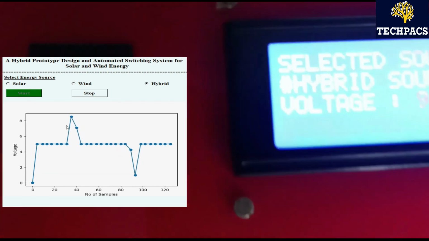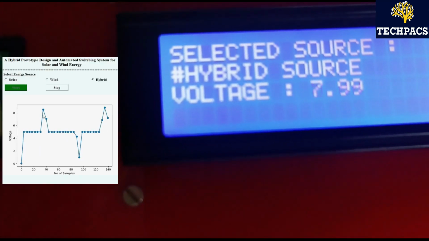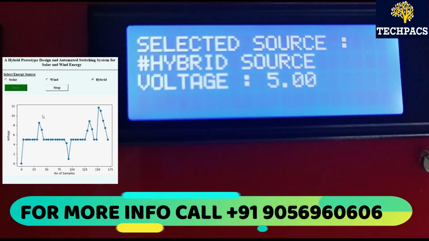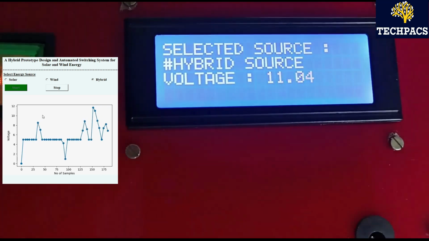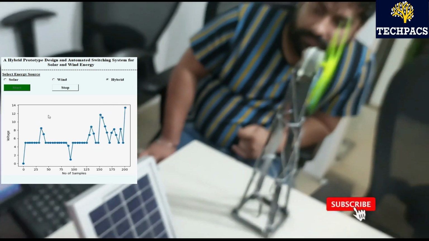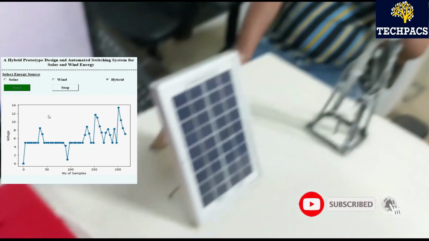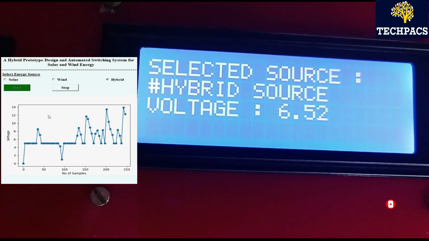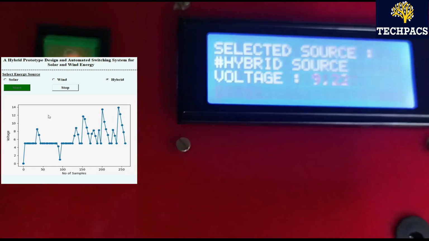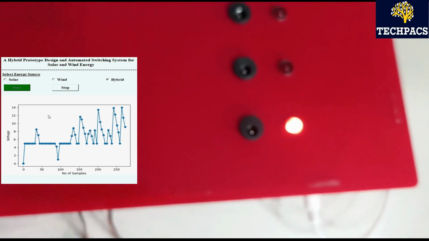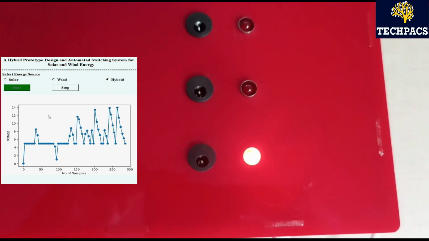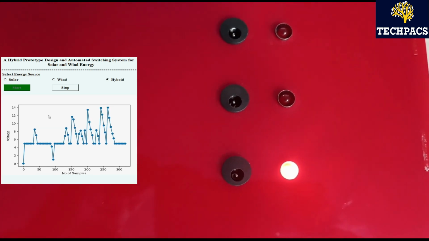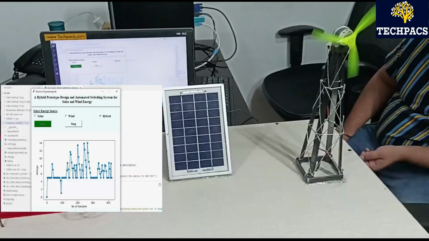When only solar panel works, it's 5 volts, and when we rotate the windmill, the voltage increases. The output voltage can be seen here, and the corresponding LED is lighting up. You can also see the fluctuation in the graph that is being represented on the screen. So that's all about the working of this project.